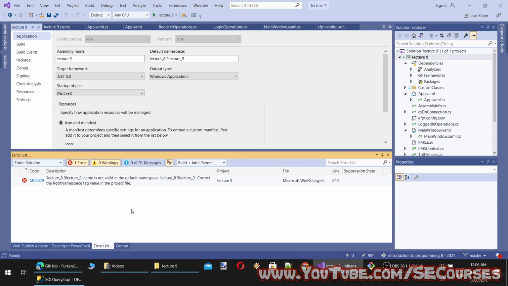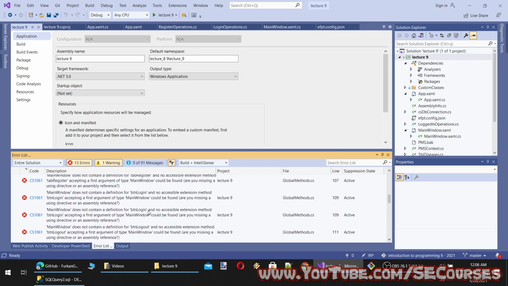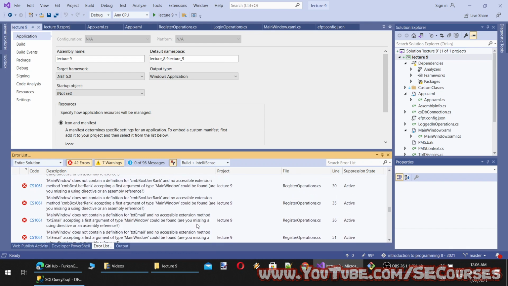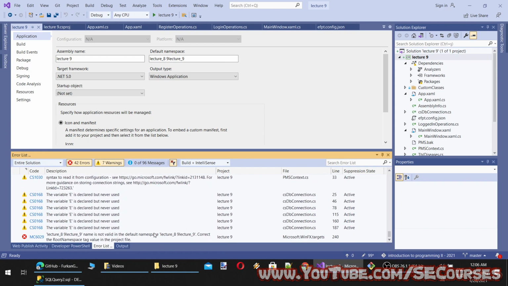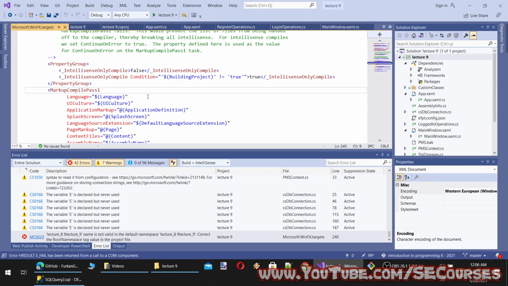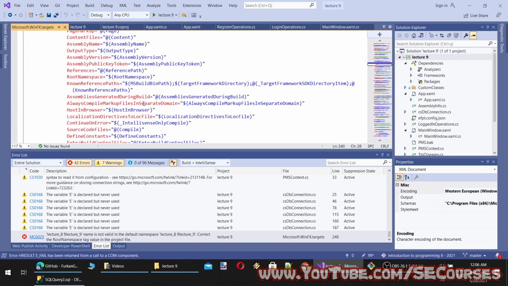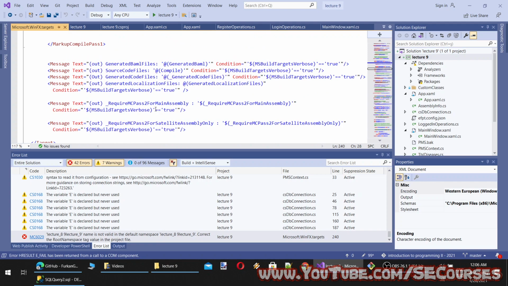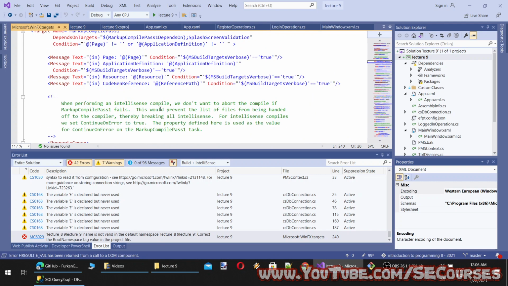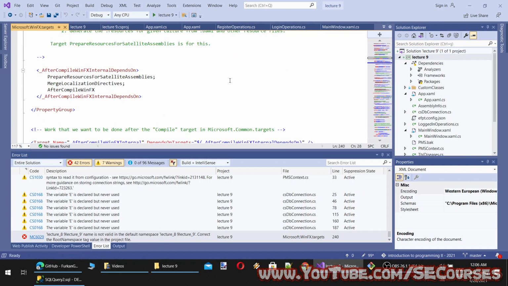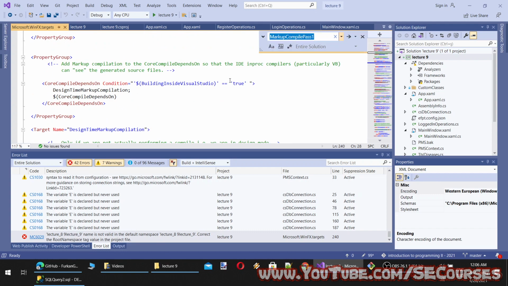Okay, so we have one error and other errors. Okay, so the problem is here. You see Microsoft WinFX targets, and probably there is something as, let's see, lecture.